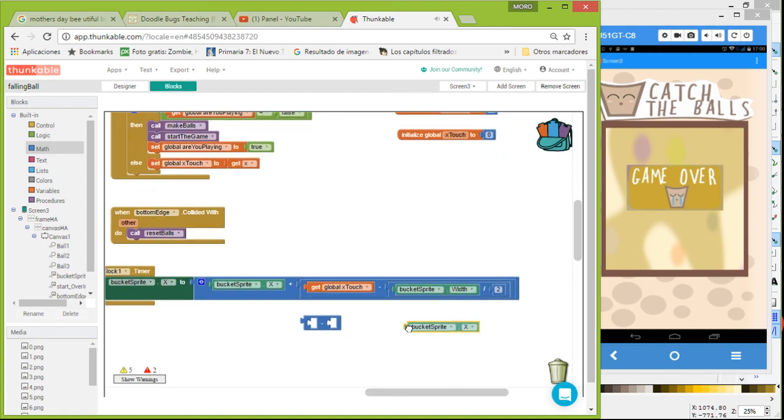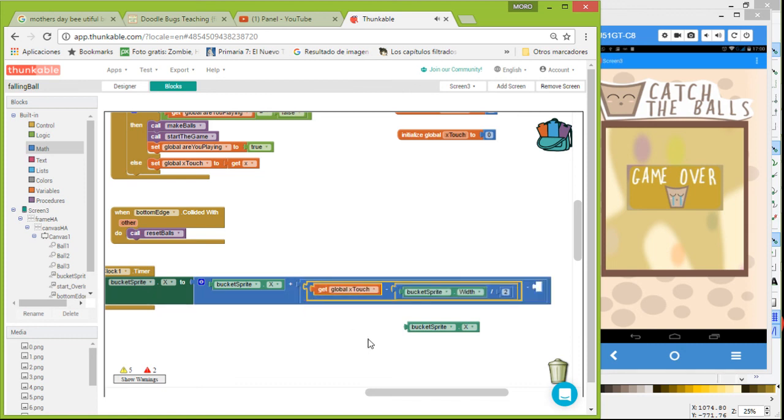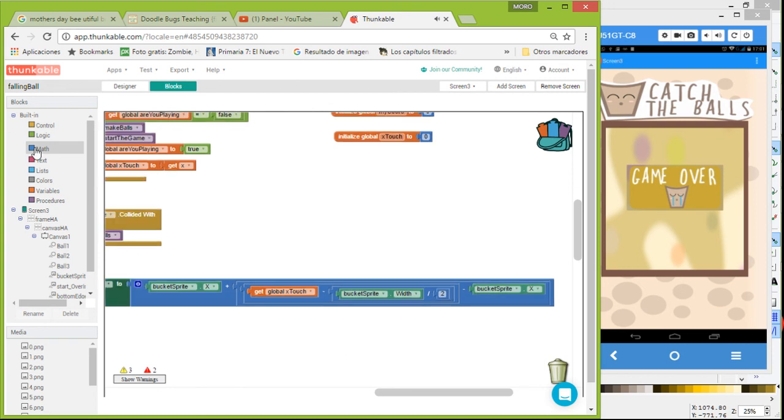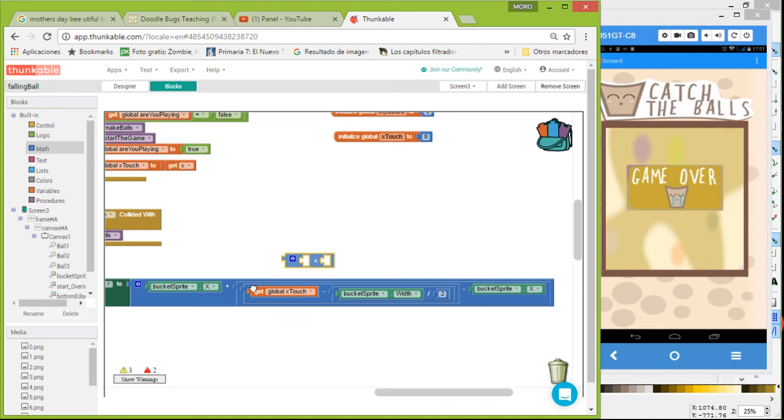So global touch minus this divided by 2, minus the X position, times